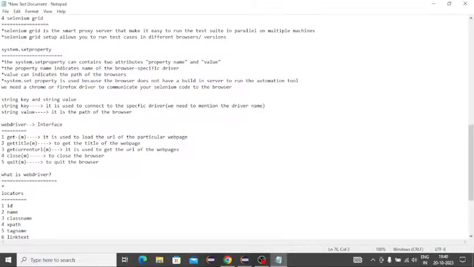Selenium WebDriver is a browser automation framework. Already we know that Selenium WebDriver is an automation framework. And the next point,